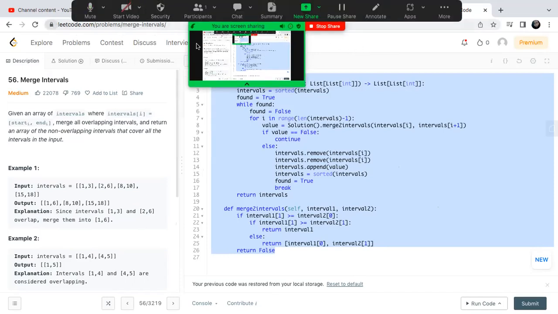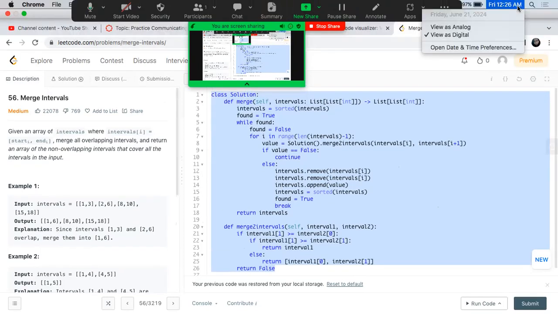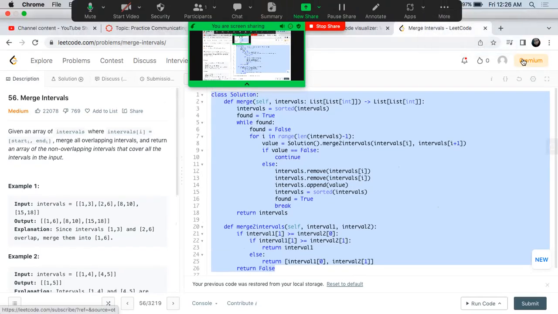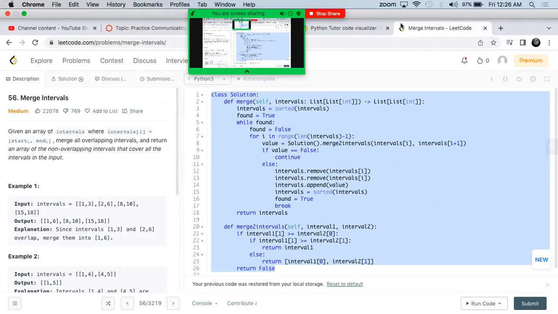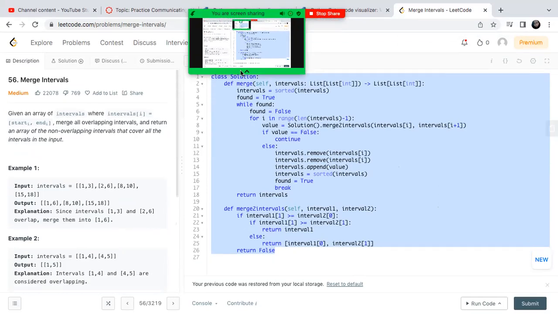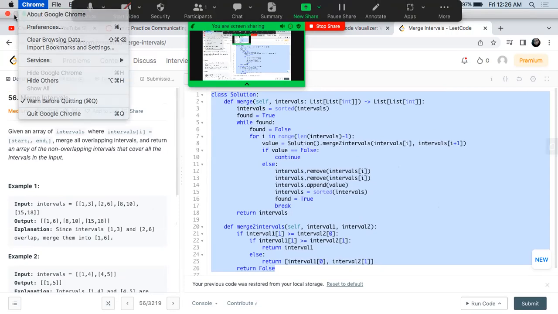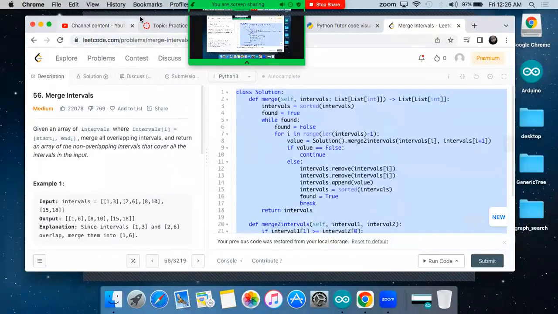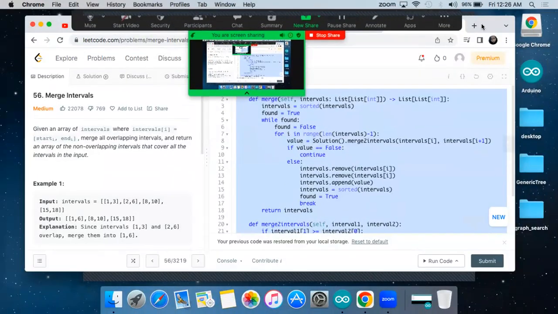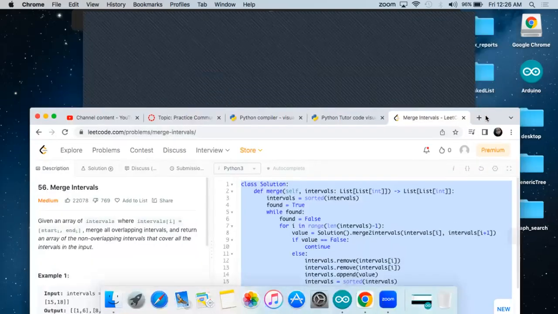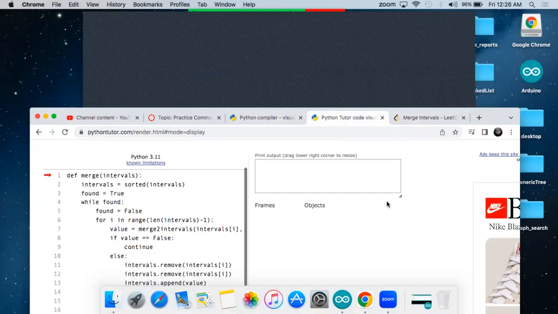So, bear with me, I have to get to this. Okay, let's do this, and to the compiler thing. Okay, so